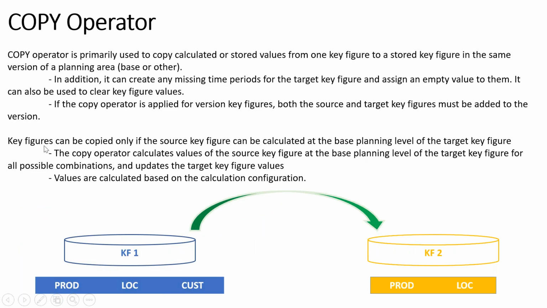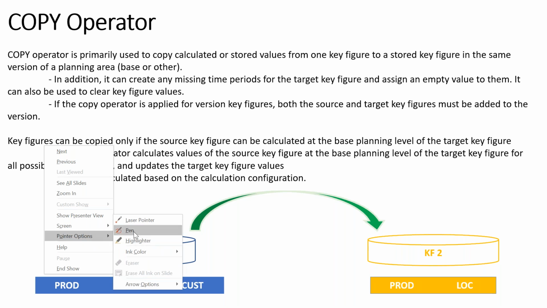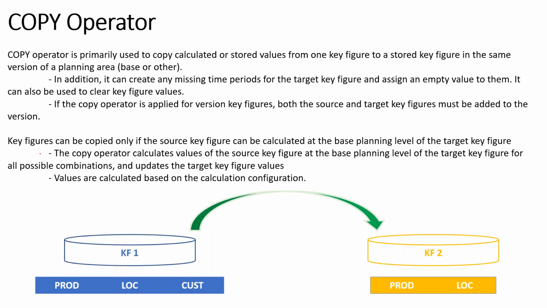But it will go with this simple core logic of the algorithm: key figures can be copied only if the source key figures can be calculated at the base planning level of the target key figure. The example that you mentioned will definitely work, but the vice versa will not work. If the key figure 2 is at yearly level,